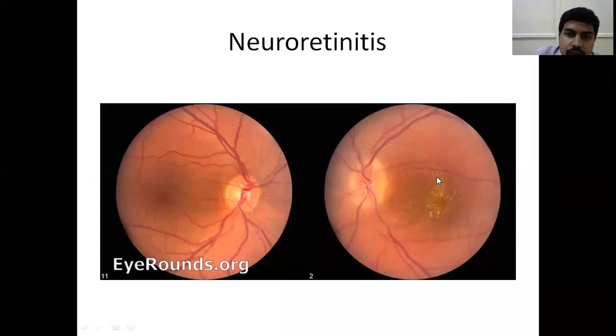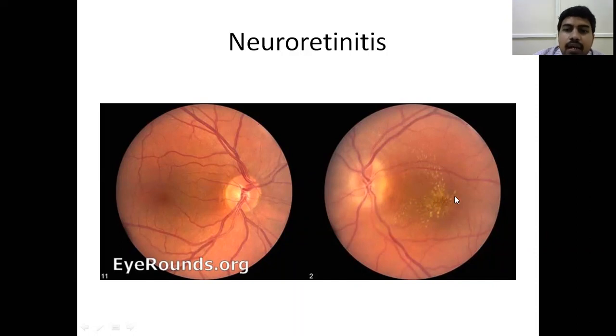So hard exudates in the retina, as you might have learned in your classes, are nothing but this: suppose this blood vessel breaks, there is a break in the capillary membrane of this particular blood vessel, and the lipid leaks out from the blood vessel. Similarly, plasma also leaks out. Along with that, lipid-filled macrophages also leak out. So they form some deposits here in the retina, which are known as hard exudates.